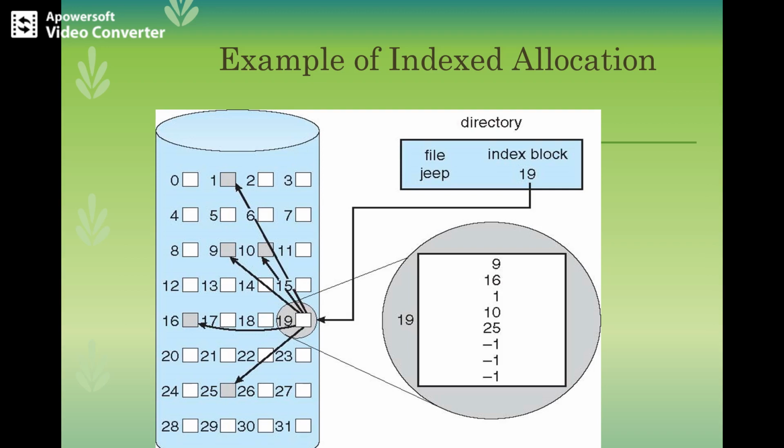Here the OS keeps a list of free blocks, and it allocates the array of all the pointers to all the blocks used by the file. So each file will contain its own index block, and it contains an array of addresses. The basic advantage is that there is no external fragmentation, it is faster than the two methods, and it supports sequential and direct access. But the drawbacks are there is a pointer overhead, and index allocation does suffer from wasted space.